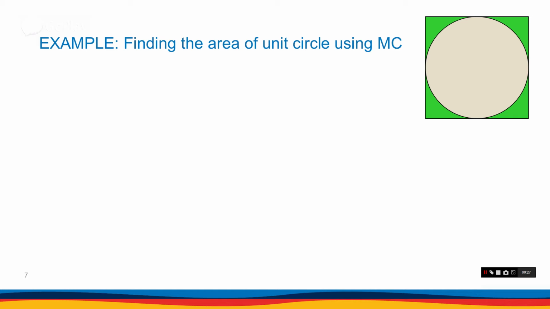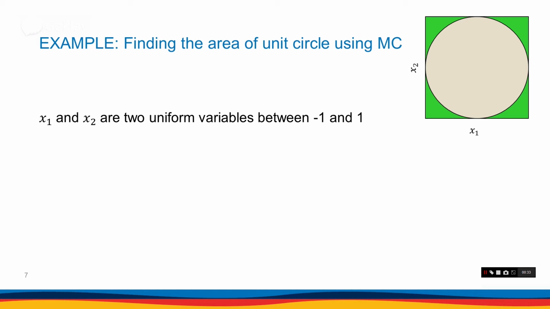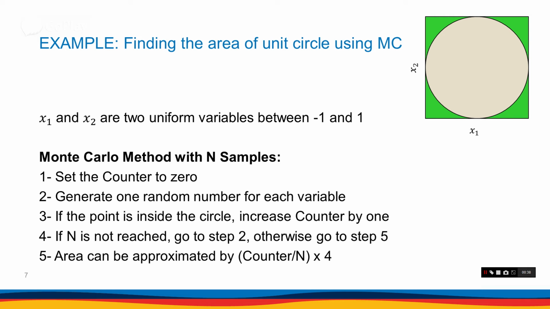Let's enclose the circle inside a square. So basically each side can be a random variable. So we have two sides, x1 and x2. x1 and x2 are two uniform variables between -1 and 1. So if we want to approximate the area using Monte Carlo with n samples,